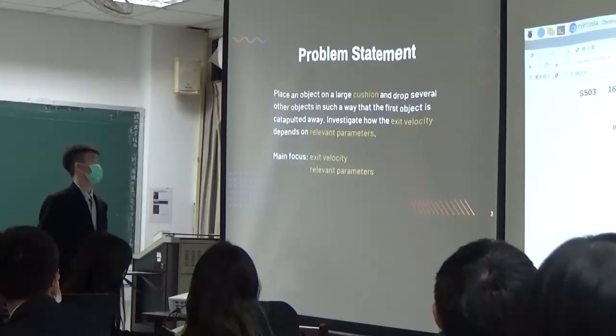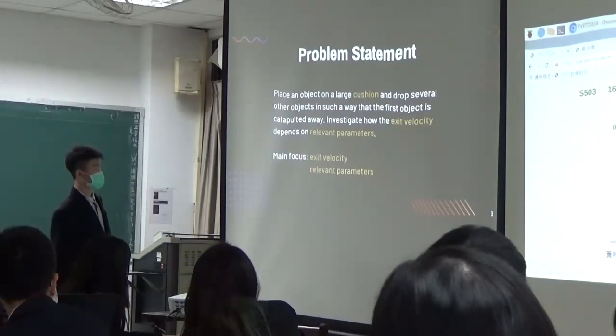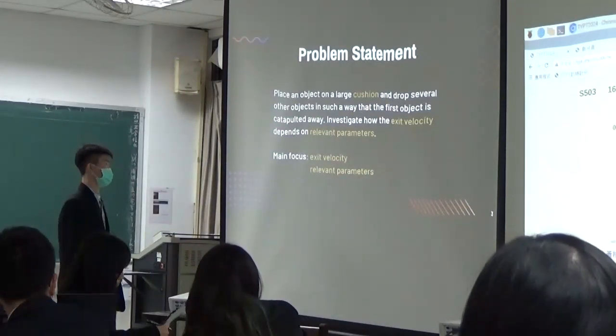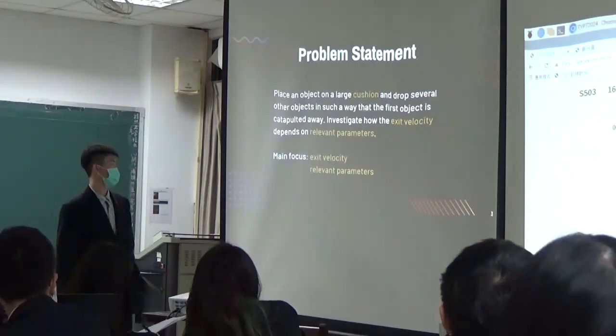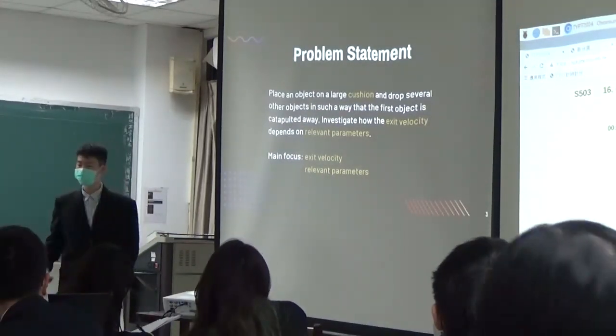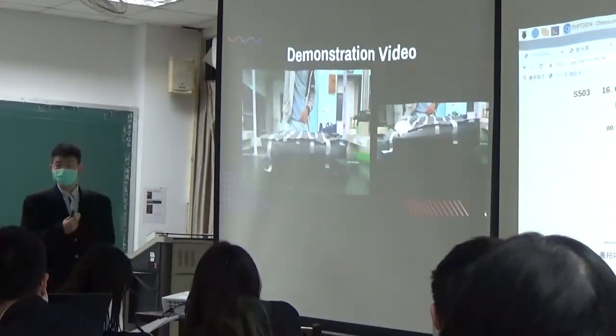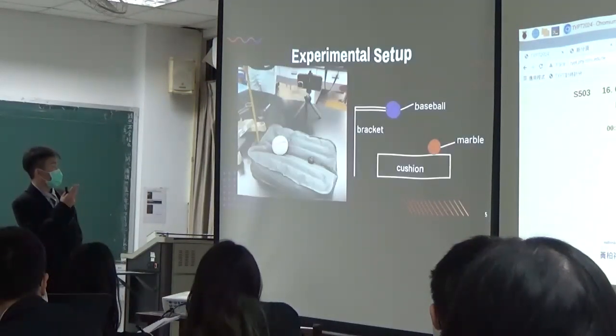So this is the public statement. Place an object on a large cushion and drop several other objects in such a way that the first object is catapulted away. Investigate how the exit velocity depends on relevant parameters. So our main focus is exit velocity and relevant parameters. So this is the demonstration video. As we can see, when the ball falls,